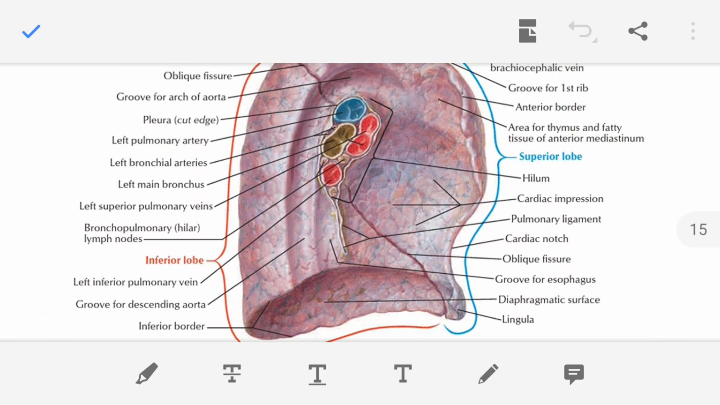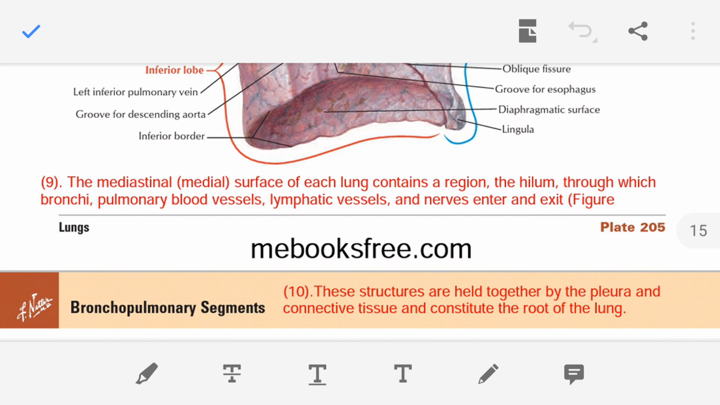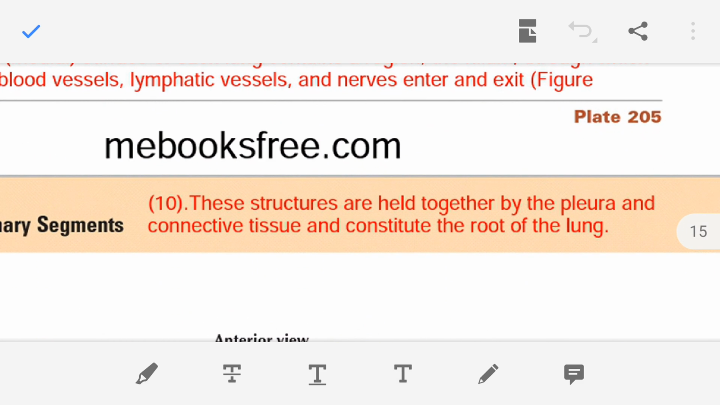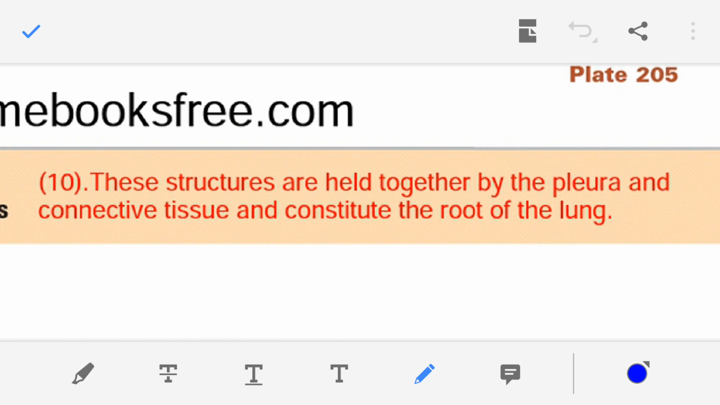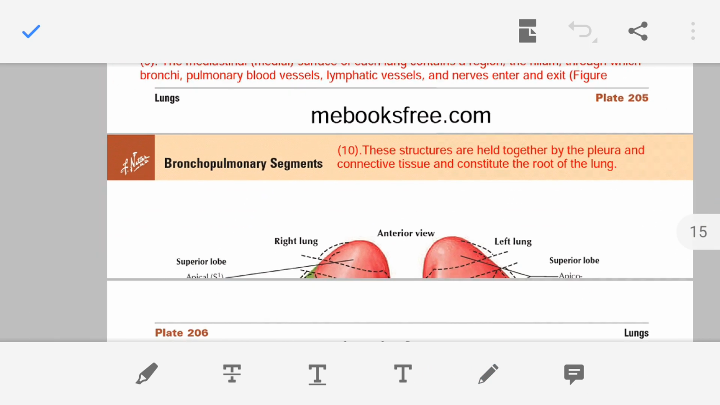and the hilum is present in the middle part of the lung. Now, all these structures, the blood vessels, nerves, lymphatic vessels, are held together by the pleura and connective tissue. And together, along with the pleura, connective tissue, and all the structures, they constitute the root of the lung. So in the figure I am showing you,